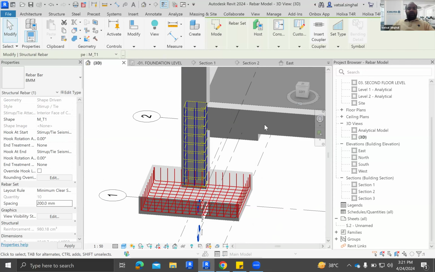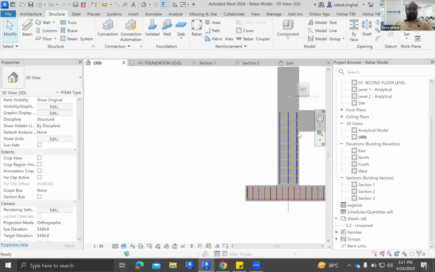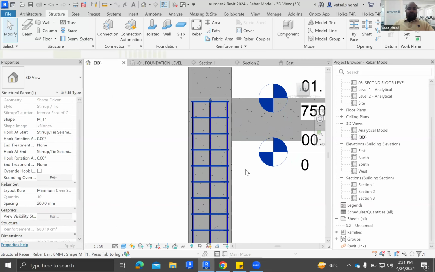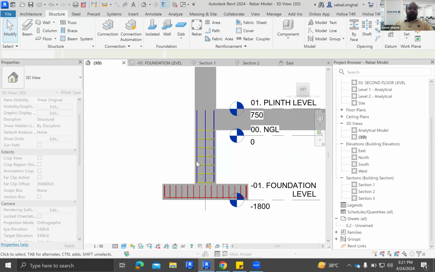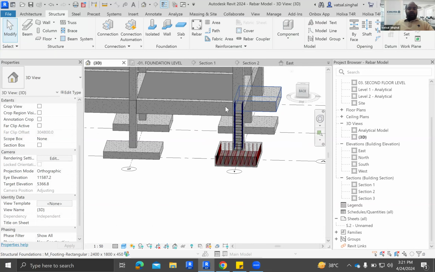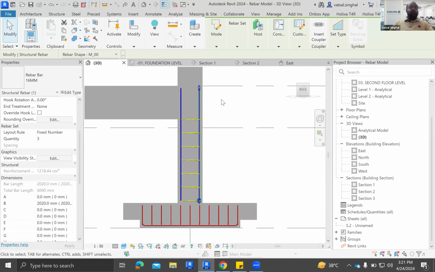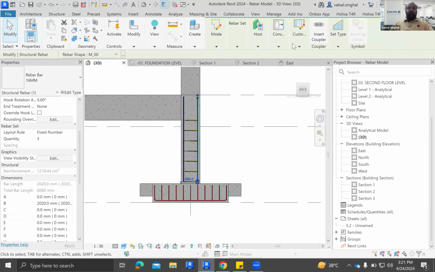So at 200 mm, these are placed, but obviously these stirrups should not go inside the beam, right? So I can just also decrease the number of stirrups that I'm placing. I can just drag this arrow down and I can decrease this, right? Now I also want to edit this basically. So I'll just go to my back elevation and I can also edit the sketch of the rebar that I've loaded. So I'll go to edit sketch over here